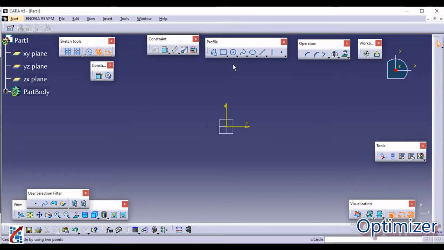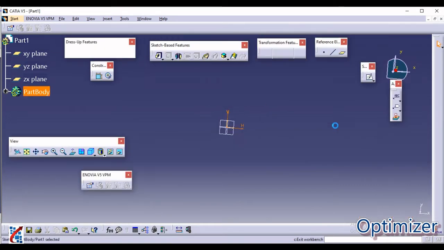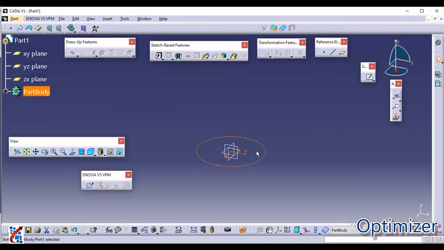Suppose I want to create a cylinder which has a circular cross section and some height. So I need to create one circle like this. You need to constrain it, as we know all the sketches should be fully constrained. Suppose I am going to maintain the diameter as 50. Then you just need to click on this Exit Workbench to come again to Part Design. Now just see, on this plane we have drawn, that's why it is displaying like this. So you can add a third dimension to this one.